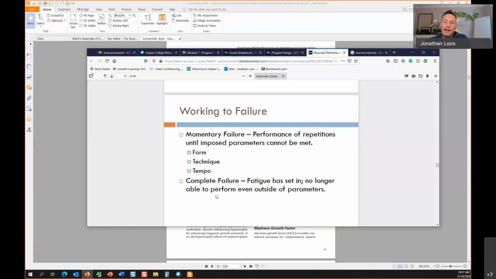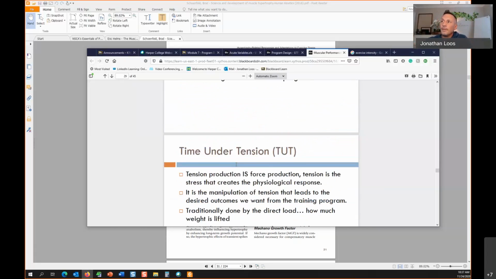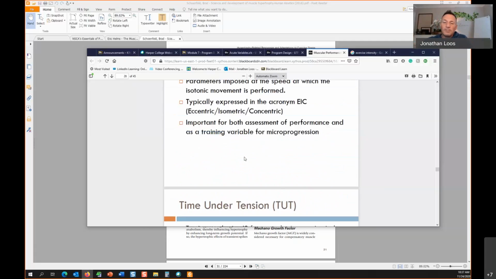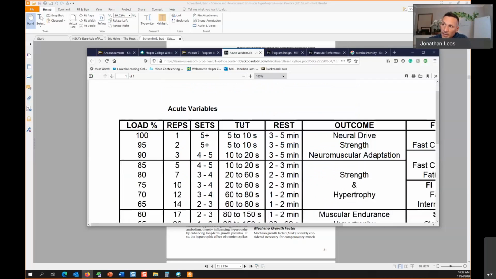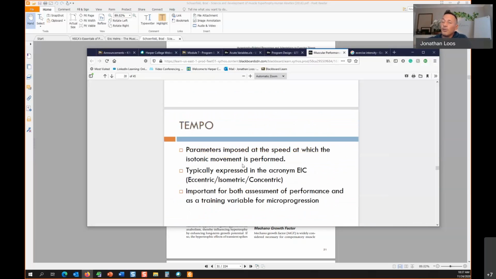I mean, it's simple concepts, but it comes down to little things. And then the last thing I want to talk about, which I think we brought up before, is this concept of tempo, because it is one of the training variables. If you look at exercise variables, this tempo or time under tension is basically looking at how long you are doing your lift. And when you look at some of those videos that were posted from Jeremy Ethier, and based on the research from Brad Schoenfeld, each rep should be between,